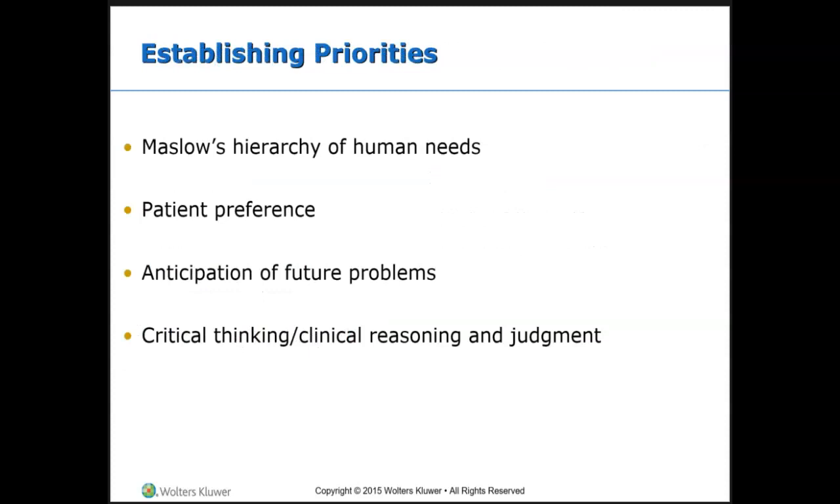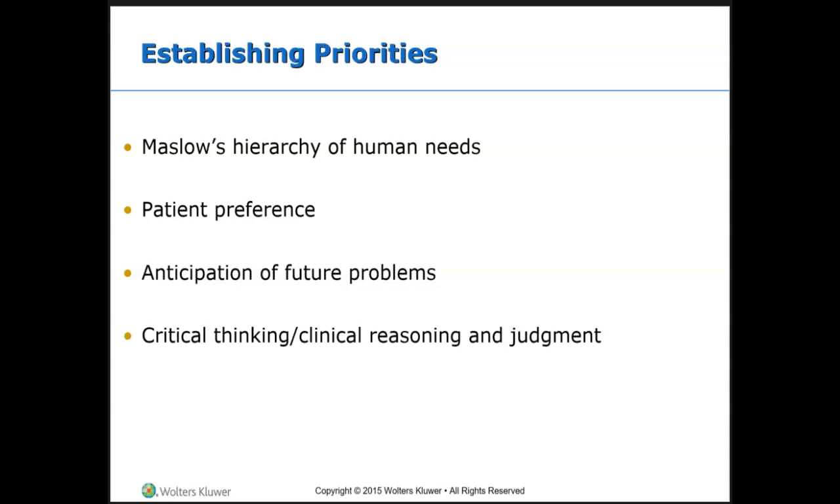Okay, so prioritizing, establishing priorities, right? Here we go. This is so critically important. So we start with Maslow's hierarchy of needs, patient preferences, anticipation of potential future problems, and then, of course, two of our threshold concepts, critical thinking and clinical reasoning in nursing. Key components of what we do as a nurse. All of these things help us to establish our priorities and to put them in order of importance,